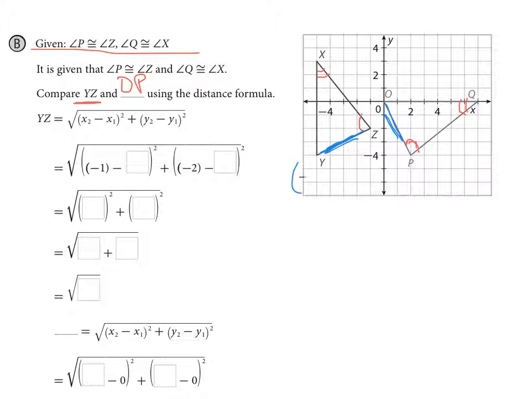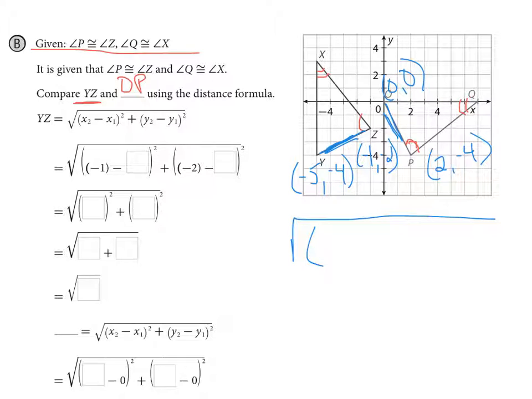So Y is at -5, -4. Z is at -1, -2. And O is at 0, 0. That makes it nice. And P is at 2, -4. So distance, remember, is x minus x. So I'm going to do -5 minus -1. I'm finding the distance of YZ